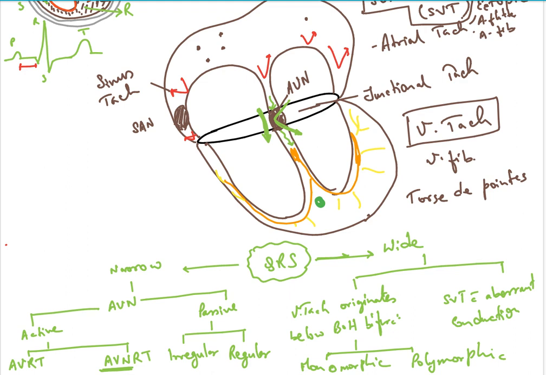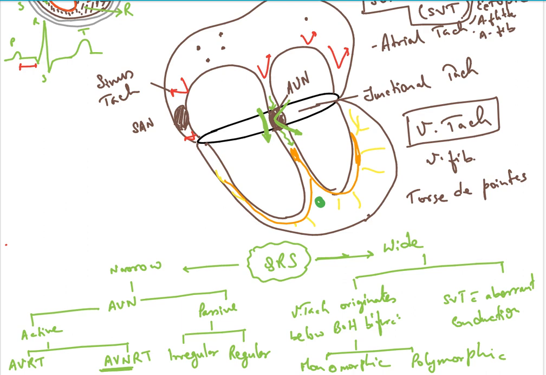Actually today's lecture should be all on the reentrant. What do you mean by the word re-entry? We will have that discussion. So that is why I am saying that right now do not get bothered about it, just understand it. What is the full form of it? AVNRT is atrioventricular nodal reentrant tachycardia and AVRT is atrioventricular reentrant tachycardia.